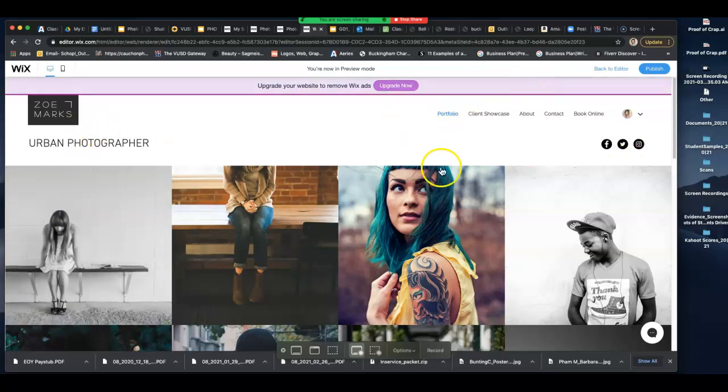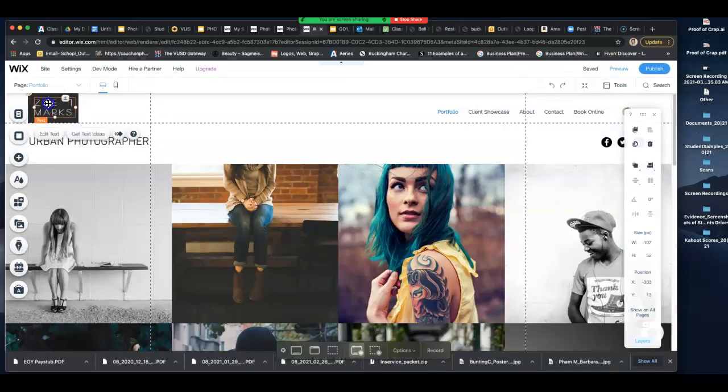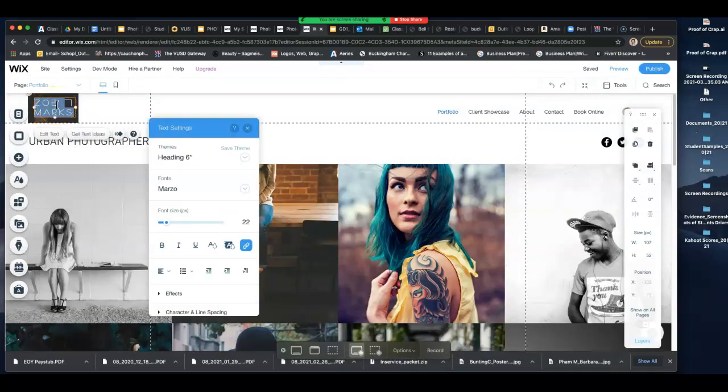Now let's go back to the editor, get out of the preview. You'll want to make sure this doesn't say Zoe Marks. You'll want to click on it. If you double left click, look at that. You can change your text to all these different fonts, the font size, colors, background colors,